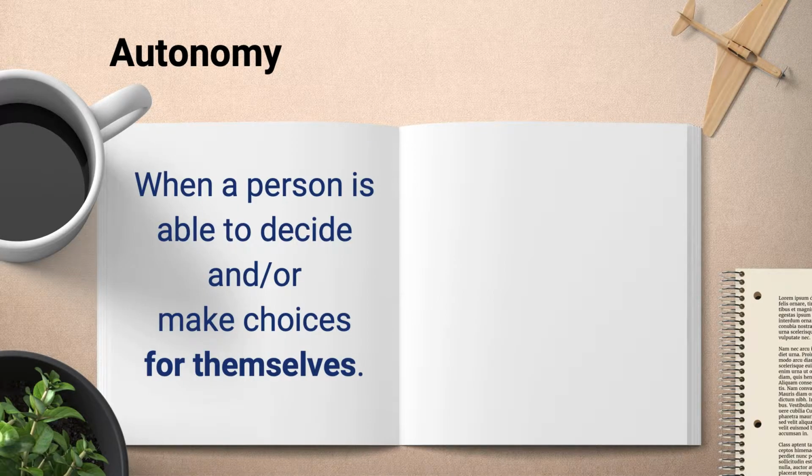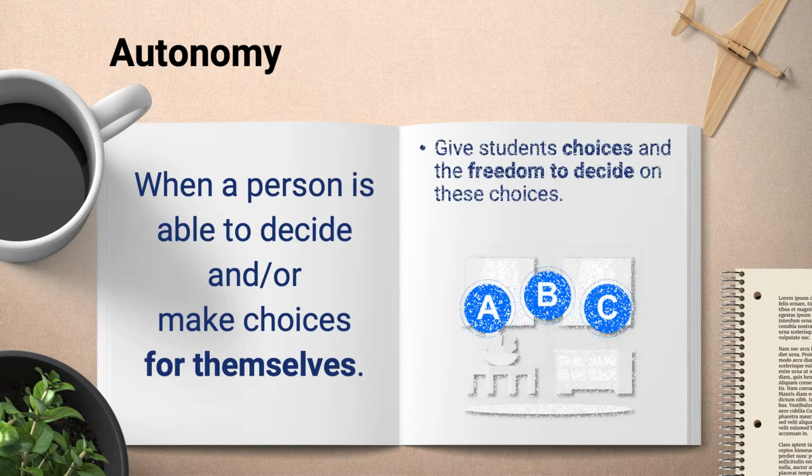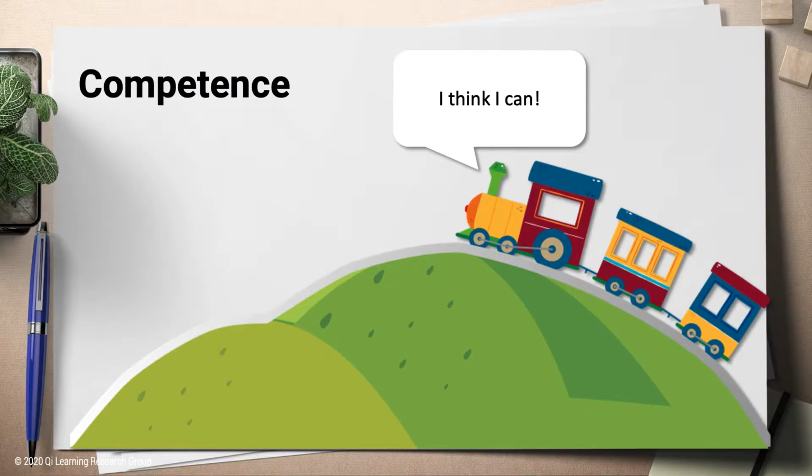I also shared how autonomy is about giving your child choices. When people have choices and the freedom to choose from these choices, they tend to be more motivated because that choice comes from within. Another way to think about it is that giving people choices eliminates the perception that they're being controlled by others. Most people, as you know, hate being controlled. Children are no exception to that. In this video, I'm going to talk about how you can motivate your child by building on the competence piece